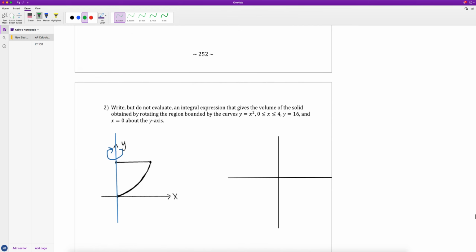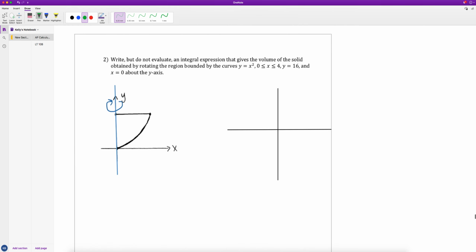Okay, let's look at our second example. This one is going to be similar in the sense that my cross section is still going to be a disc, but what's going to be a little bit different this time is I'm going to rotate about the y-axis. So we have the question that says, write but do not evaluate an integral expression that gives the volume